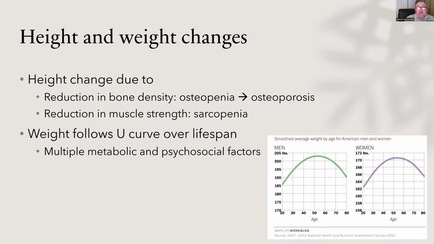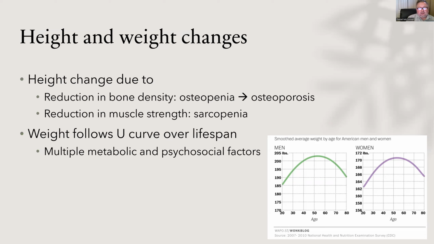Height and weight changes as we age as well. So we tend to get shorter as we age. Two key reasons for this, but they're both related to each other. It's a musculoskeletal issue, right? So our bones get less dense, and this is called osteopenia, right? As our bones just start to lose a little bit of density, that means they can get shorter. Our spine gets a little compressed. And it causes a little bit of a postural change where people may hunch over a little bit, although that's really going to be more pronounced when we get to osteoporosis.